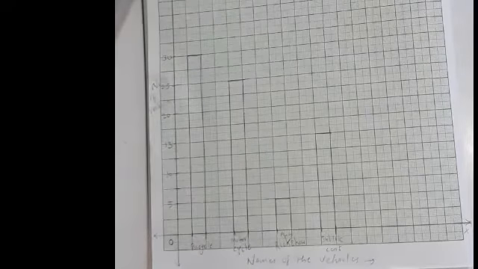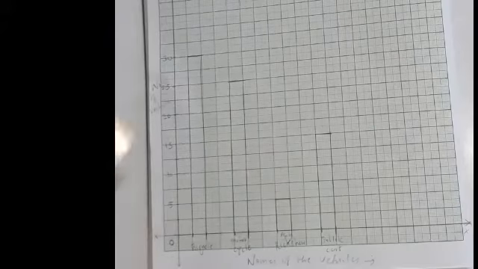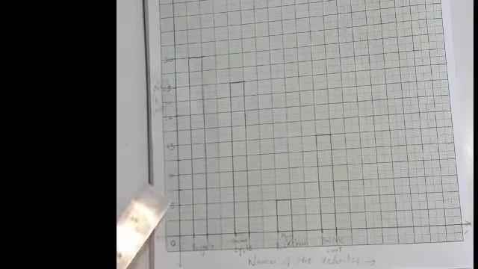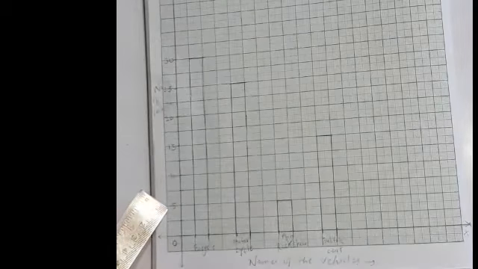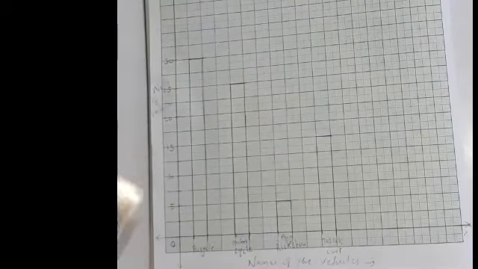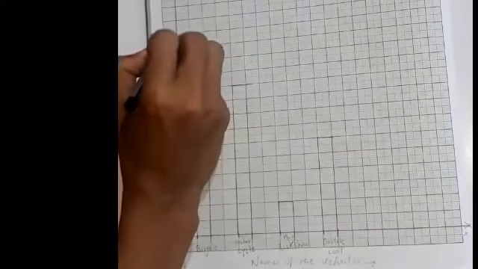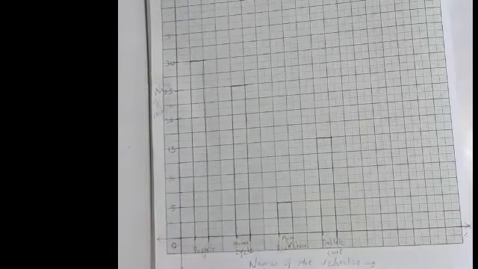If 5 tens are 50, maybe 55 will be there. So 55 is also a multiple of 5. So don't think that numbers will always be up to 10 only. Accordingly you have to choose the scale. Before choosing the scale, observe the y-axis, and the minimum and maximum numbers should come on the graph paper. Choose the units that way. So I have taken 2 units equal to 5 vehicles: 5, 10, 15, 20, 25 and 30. You can continue to 35 also, but our maximum number is 30, so I have written only up to 30.